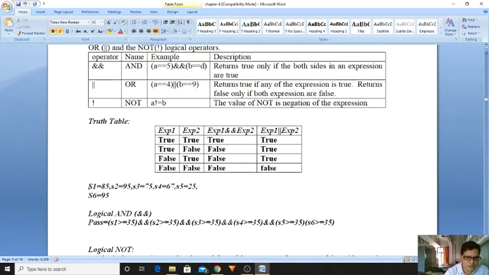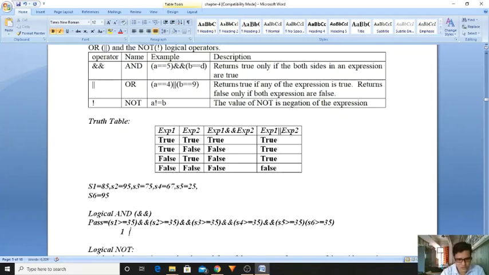In subject 1, how many marks have we assigned? 85. 85 greater than or equal to 35. What is the result of this? True. If it is true, then how are we indicating? 1. Now what is the condition of S2? S2 is 95. 95 greater than or equal to 35. Condition true.